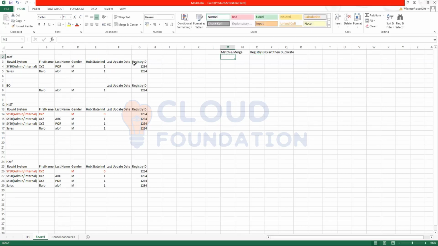So these two registry IDs were the same, hence it got merged. And we have two records in cross-reference and one record in base object. But if I showcase in a detailed way how this particular thing happened, then what will happen is